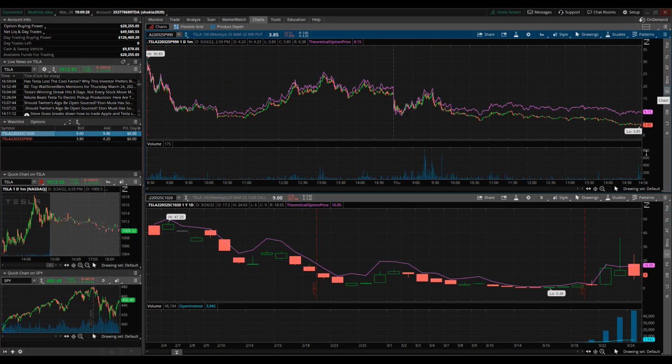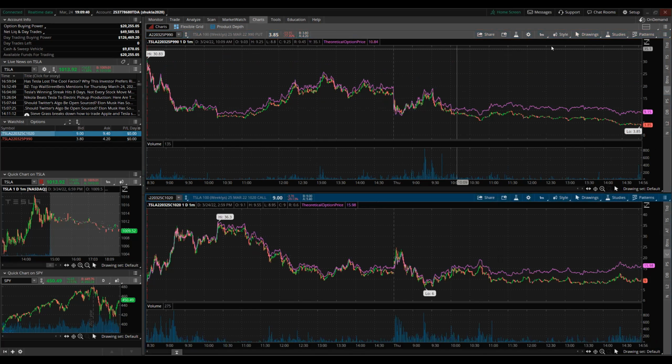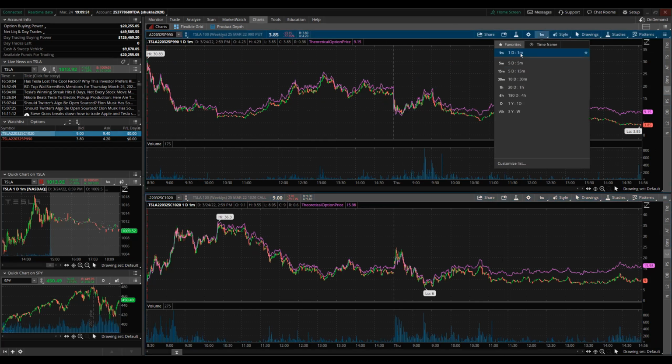So this is basically the option chart, right? You can look at the option chart, and you can also set whether it's a 1 minute time frame. Usually I run on one minute. She always recommends 2 minutes or 3 minutes. But because I scalp within the minute, I use the minute chart, but you can also extend that